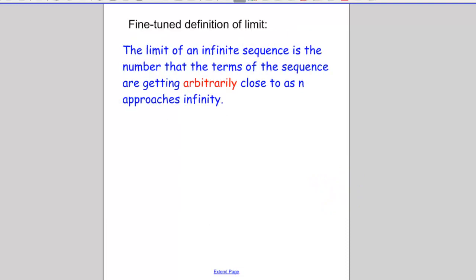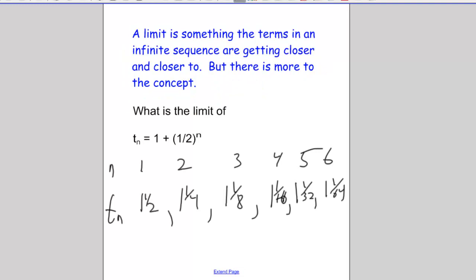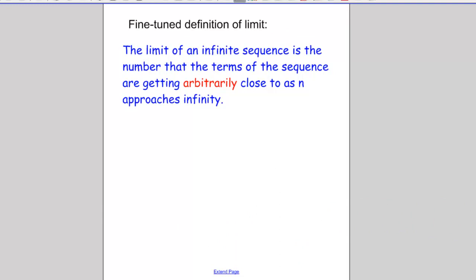So let's fine tune our limit, because now the limit isn't 0, even though the terms are getting closer and closer to 0, and we are, but the thing is, you're getting closer and closer to 1. Start with 1 1/2, 1 1/4, 1 1/8, and so forth. So, here's our fine-tuned definition. The limit of an infinite sequence is the number that the terms of the sequence are getting arbitrarily close to as n approaches infinity. By arbitrarily, that means if someone picks any error,